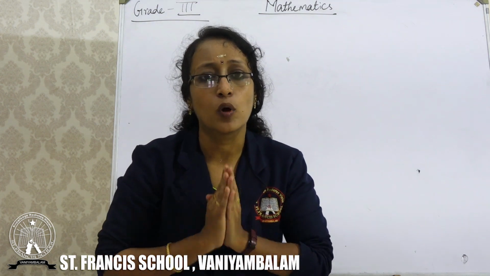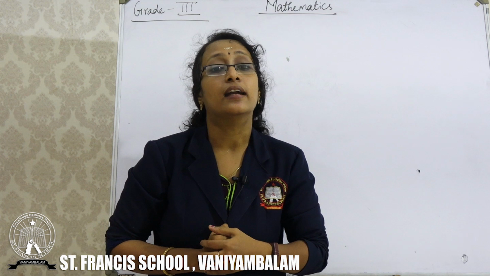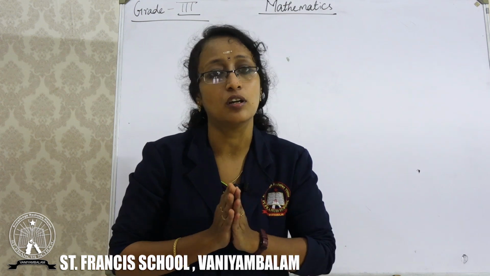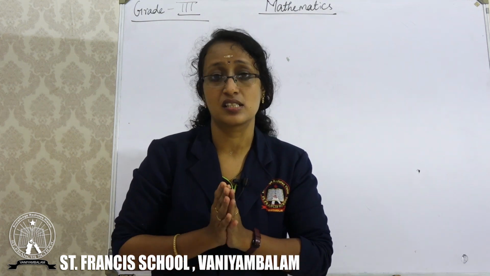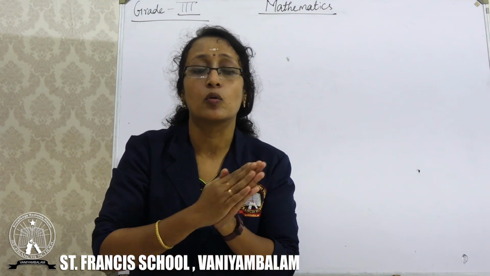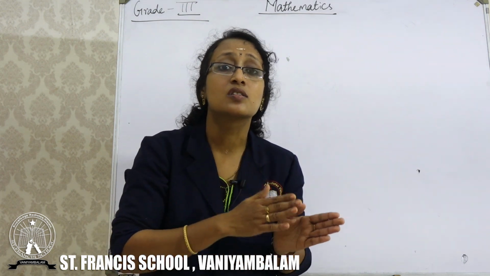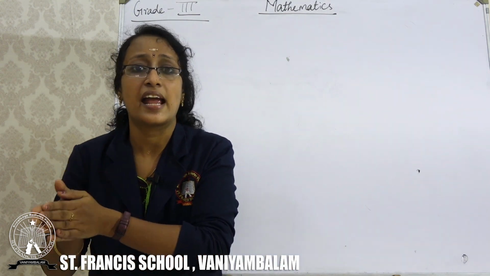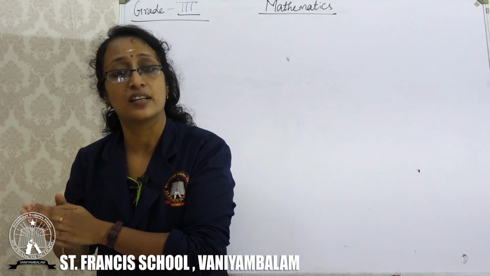Even and odd. What is even and odd? Even numbers are the numbers which can be paired, and odd numbers are the numbers which cannot be paired. There will be no partner for the odd number, right? You can't divide it by 2. Do you remember skip counting by 2s? When you skip count by 2s from 0 on a number line, you get 0, 2, 4, 6, 8, right? For odd numbers, you get 1, 3, 5, 7, 9.